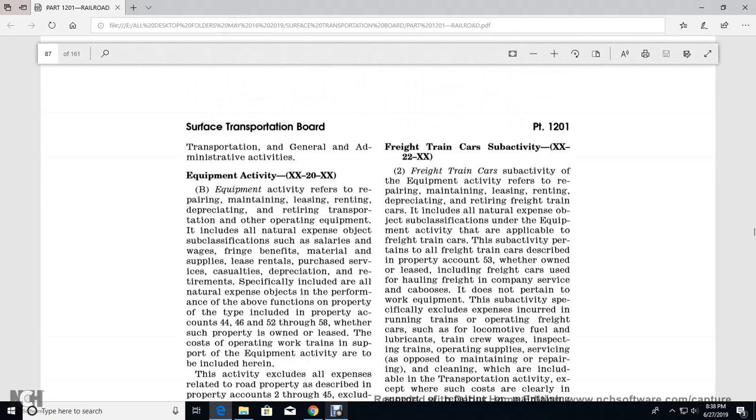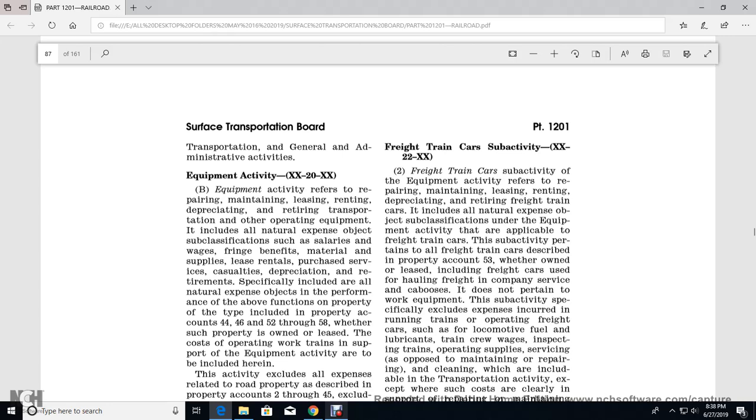All right, equipment activity refers to repairing, maintaining, leasing, and renting, the depreciation, retiring the transportation of their operating equipment, including the natural expense of the object sub-classification, such as salaries, wages, fringe benefits, material supply, lease, rental, purchase, and service to schedule, the depreciation, retirement, especially including all other natural expense for the object performing the